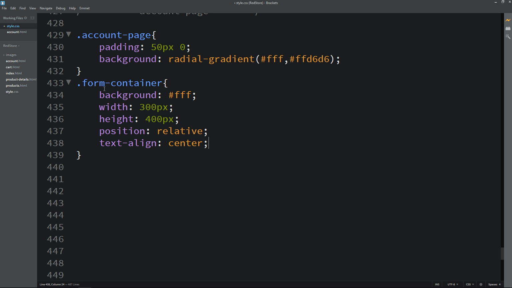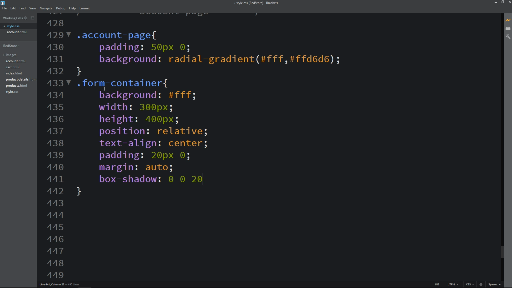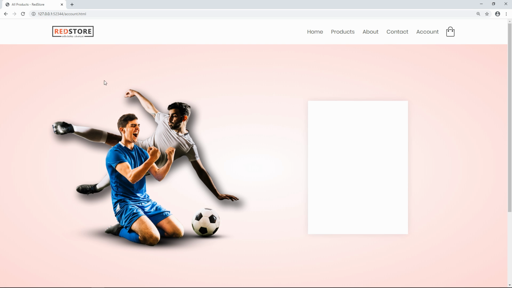Text align will be center, and padding, it will be 20 pixel and 0. Margin will be auto, and box shadow. Now you can see this box in the right column.